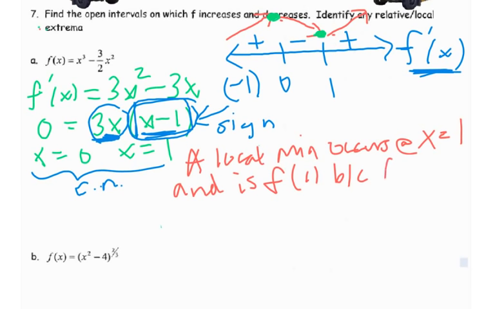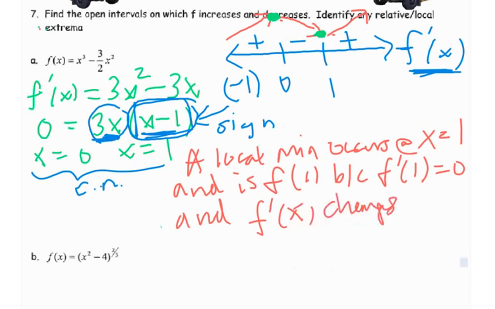Because f prime, the first derivative at 1 equals 0, that establishes a critical number, and the first derivative itself changes from negative to positive. You're just reporting what anyone can see on that number line, but you have to file the report. All right, I'm going to